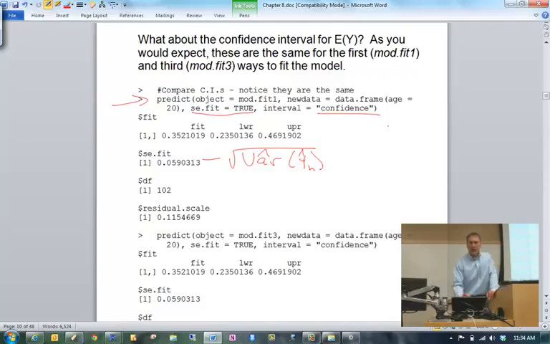And then interval equal confidence to get the confidence interval. So at age equal 20, I am 95% confident that the expected value of ppm is between 0.235 and 0.469.